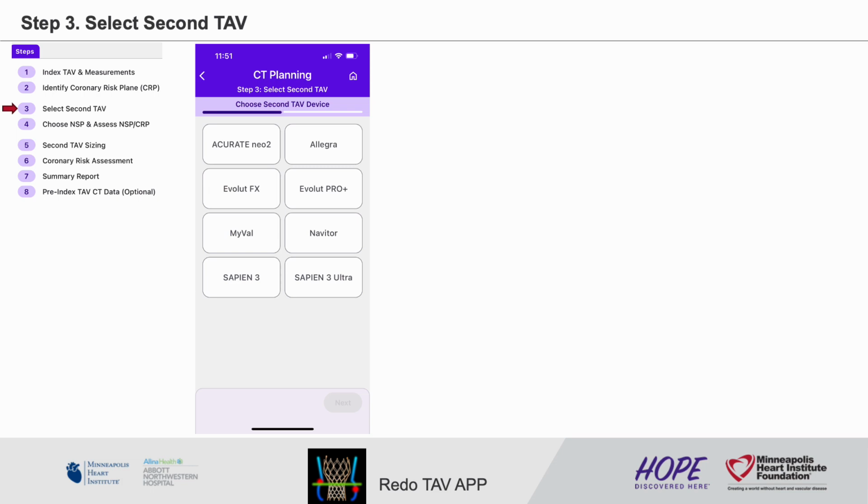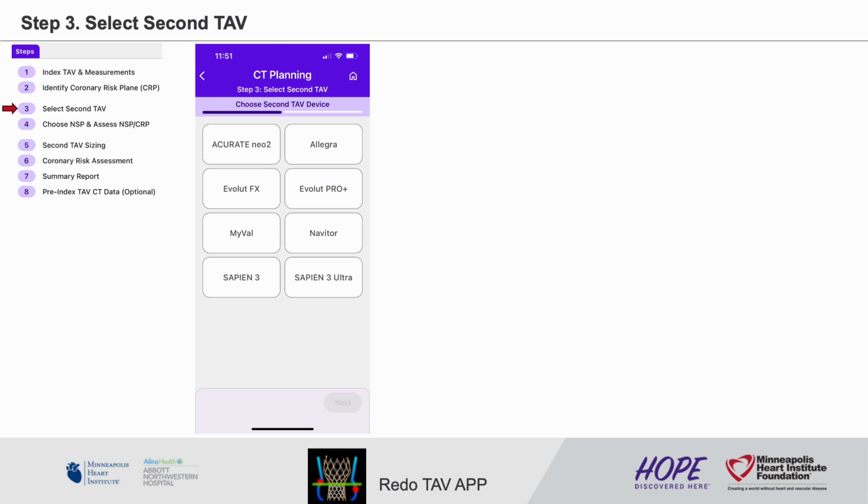All commercially available TAV valves could be selected as a second TAV. No matter which TAV valve is implanted, it will result in complete pinning out of the Sapien leaflets. So the minimum height of the neoskirt will be at the top of the commissure tab. Positioning the inner skirt of the second TAV higher than this level will result in a taller neoskirt, increasing the coronary risk. Therefore, it's important to ensure that the inner skirt does not exceed the top of the commissure tab,